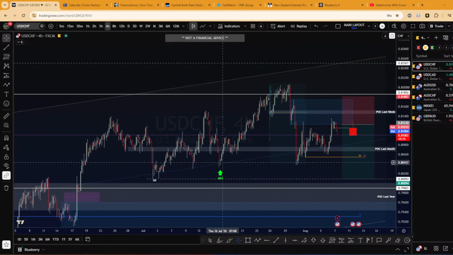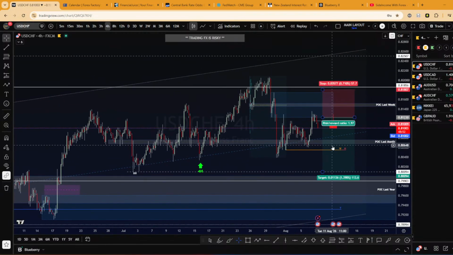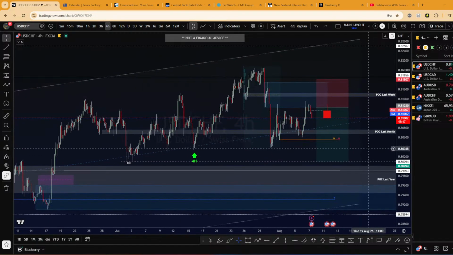Today is NFP, so I already have some trade ideas for this NFP. Usually I don't trade NFP. I like it sometimes when I have time like today, because I'm not working today. I like to trade after the NFP release because for me we still have the possibility of some opportunities during post NFP. So this could be very interesting.